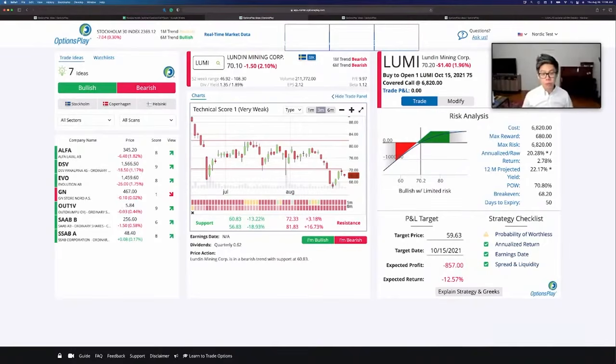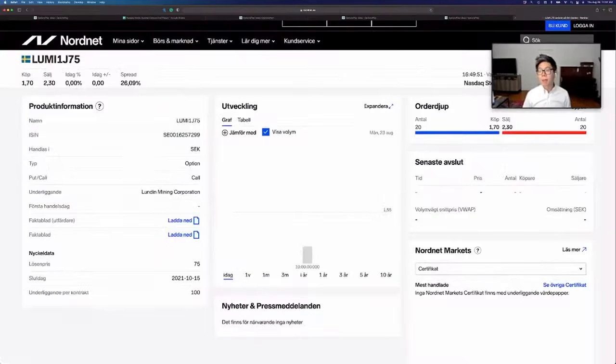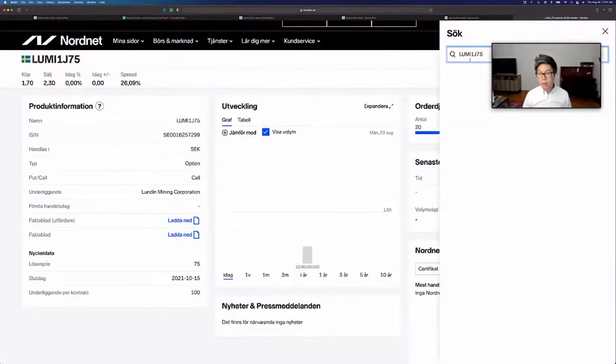And that's really why we built this platform, and why we included the tools here today: to help you take the things that you've learned, such as strategies like covered calls, but more importantly, to show you how you have access to the tools to actually implement these strategies in your own portfolio. The new trade button gives you the short code that you can instantly paste into your Nordnet account, and it is designed to help you make the execution as quickly as possible.